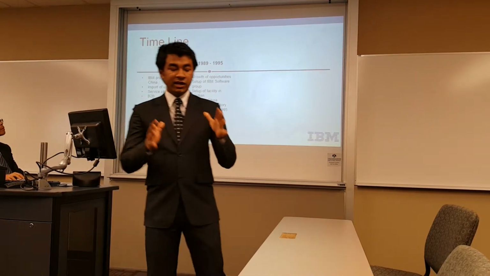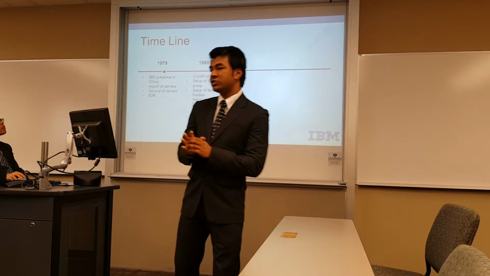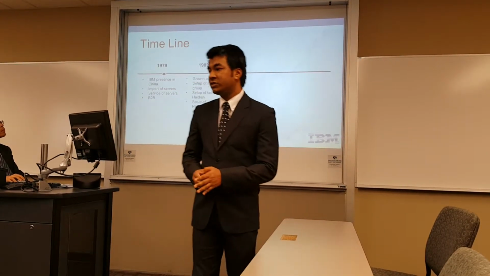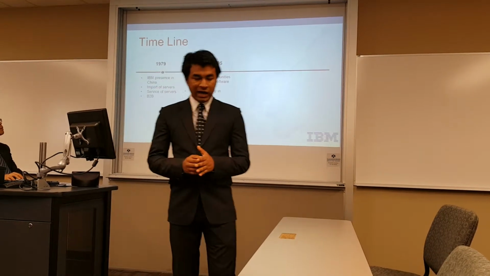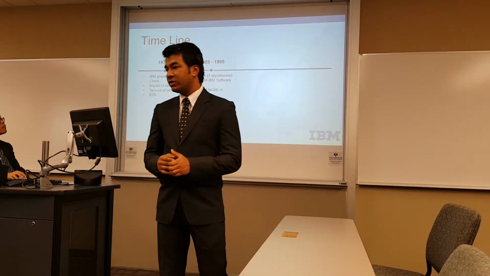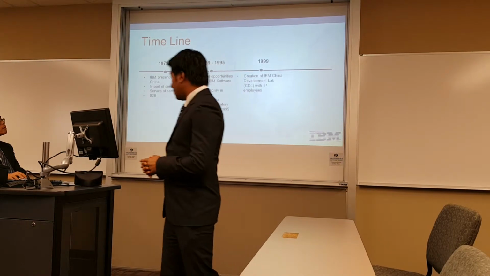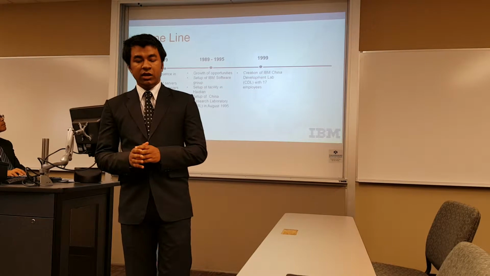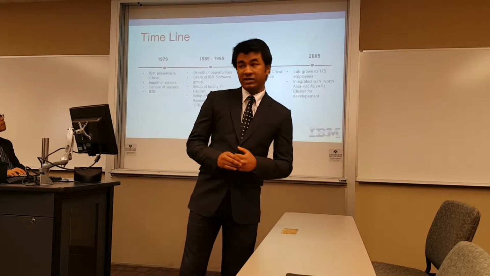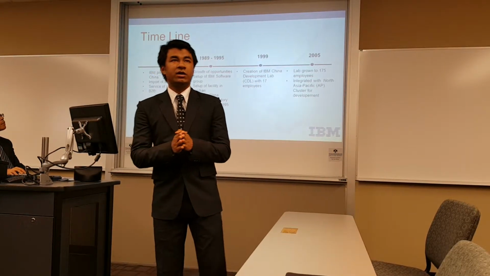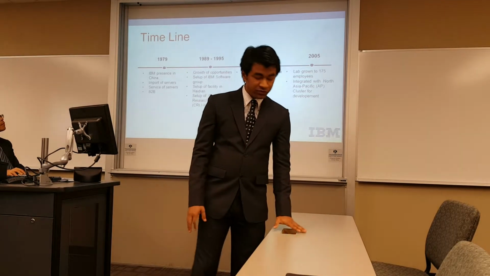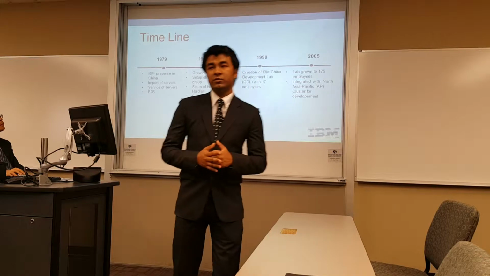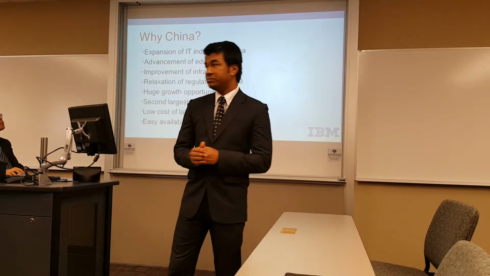In the year 1989, when Deng Xiaoping opened China to all the other manufacturers, IBM built their first lab in a place called Haidian. In the year 1999, they built a bigger facility called China Development Lab in the area of Shanghai, which started with an employee count of only 17. And it grew to an employee strength of 170 in the year 2005, and it was included in the Asia Pacific cluster for development in the business of IBM.